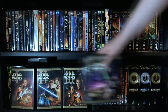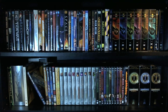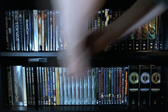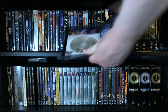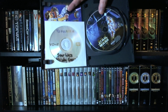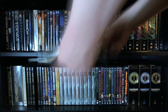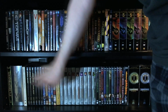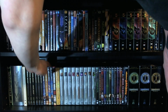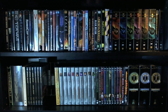And I was not one of the lucky ones who thought ahead to buy the Laserdiscs when they came out, so I don't have those. I should mention also, in my Episode 4, I also have a disc in there that has the best known copy of the Star Wars Holiday Special, which, of course, in terms of the epic saga, takes place between Episodes 4 and 5. There you go. I don't care what anybody says, I consider the Holiday Special canon, because they've made references to Life Day and whatnot in the other